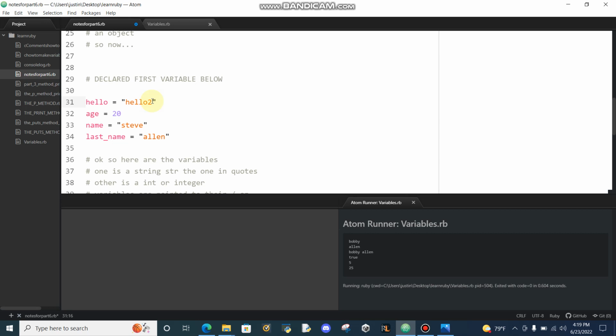So age equals 20. Now 20 is an integer, the value of the number. You can use multiplication or just basic math with the age. So you can do plus 5 and all that. If I actually do age plus 5 up here,